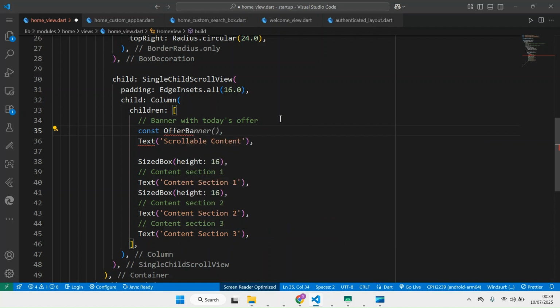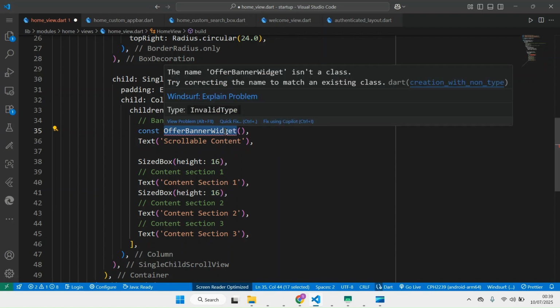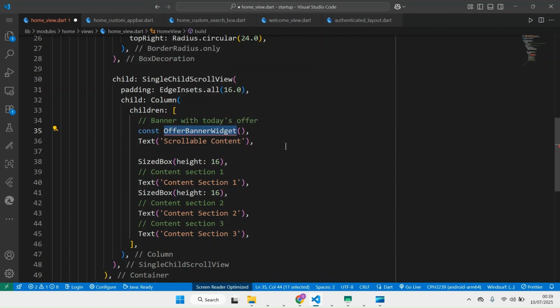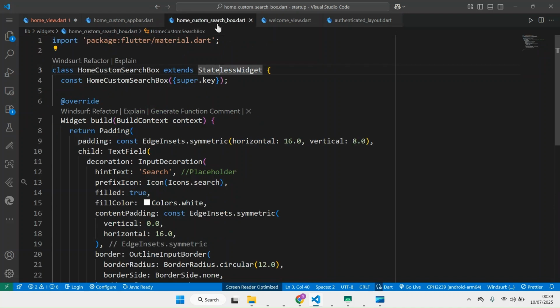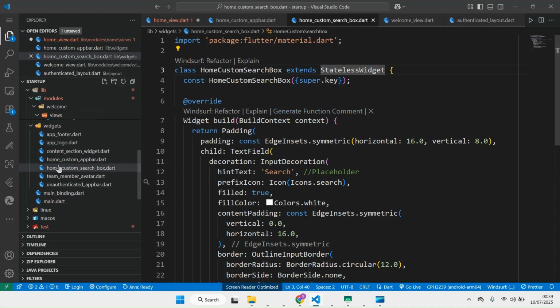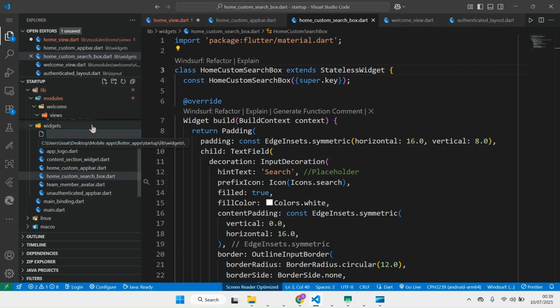Offers banner, banner widget. Yeah, we don't have that. So if you want, you can create this one here. We don't want to create it here. We want to create it from widget. Go to widget, and here, and create